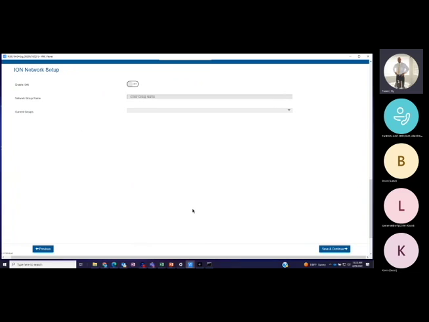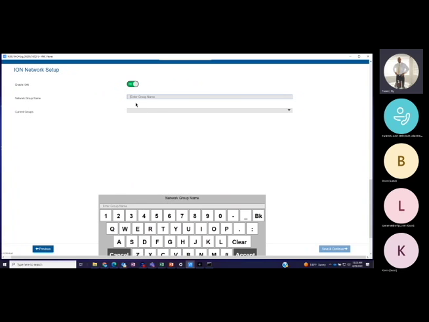From here, if you want to share this across a network, first and foremost, you always want to enable the Ion feature. This allows us again to use that easy config feature. Another nice thing about it is, let's say you had a casino floor that was networked and you've installed your software, you can actually go in and look for this name. What I would tell everybody to do is use the game theme name. So this one here was my